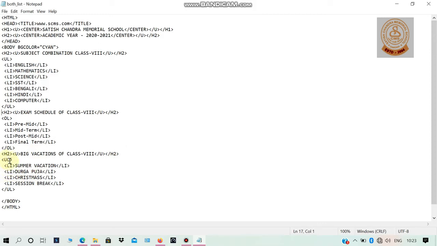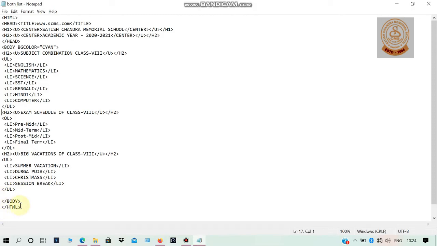After the starting UL tag, we have added 4 big vacations: summer vacation, Durga Puja, Christmas, and session break. So the 4 big vacation names are mentioned with the starting LI tag and ending LI tag. And when the unordered list is completed, I have completed it with the ending UL tag. And after that, the body is completed with the ending body tag and the ending HTML tag.